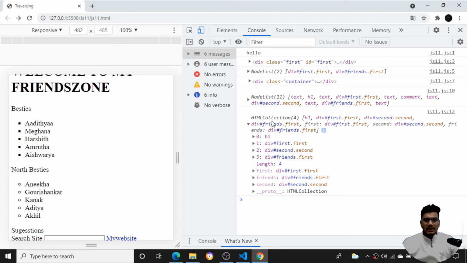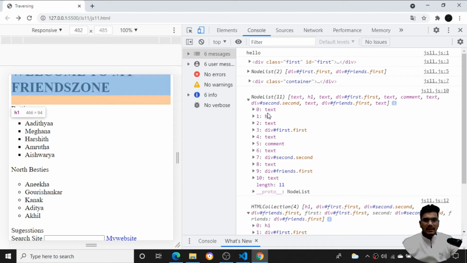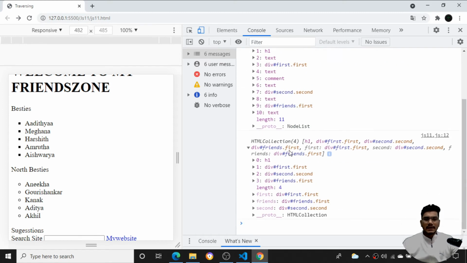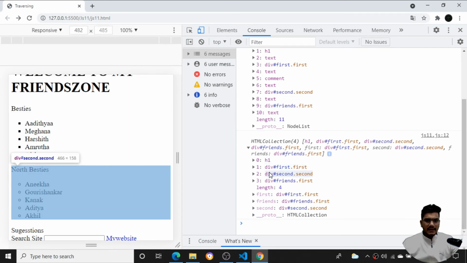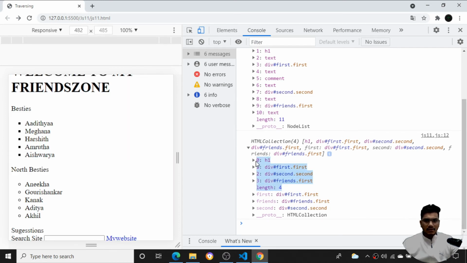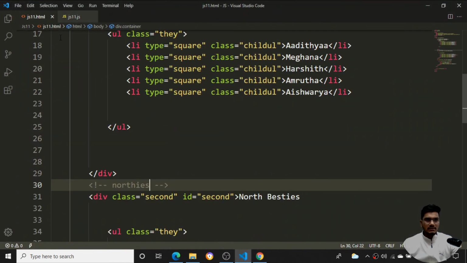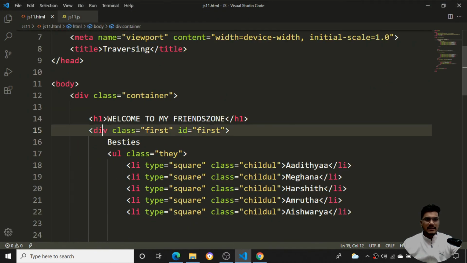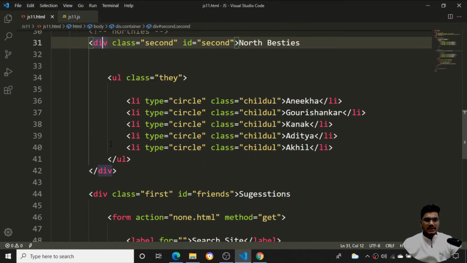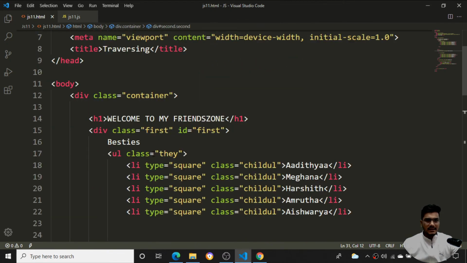And you can see the particular HTML collection is 4. Before that you can see the node list was 11, everything it was selecting from the HTML. If I just want whatever the children are present, if I want to get h1 tags, div tags, I am getting just the particular children. What are the starting children from the HTML? You can see it is selecting only the h1 tag, and this div, and this div, and this is also a div, and my container div is getting selected over here.